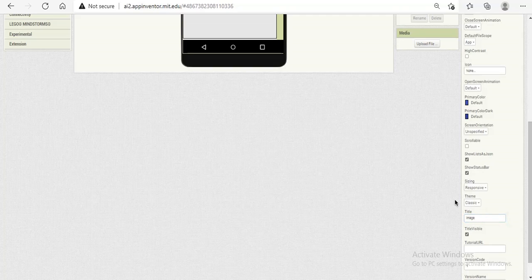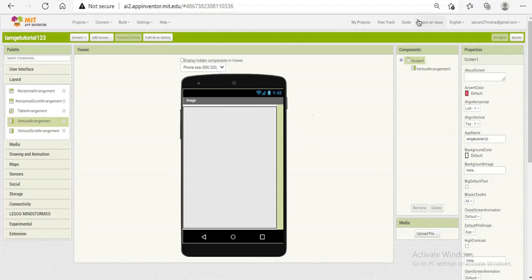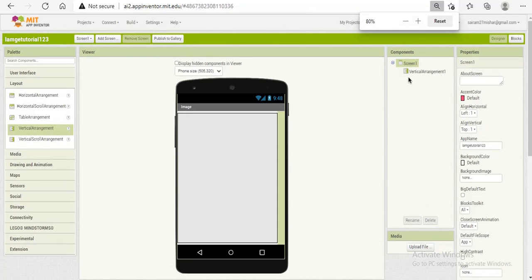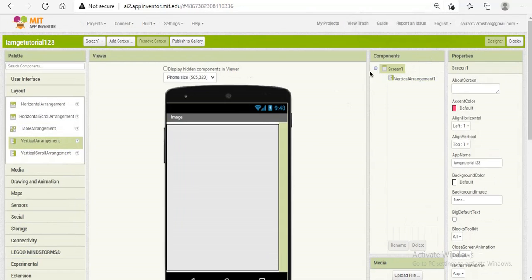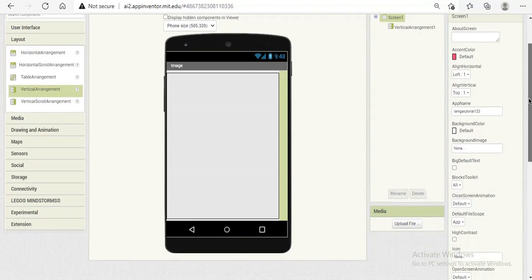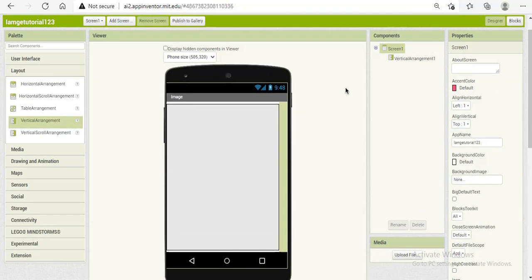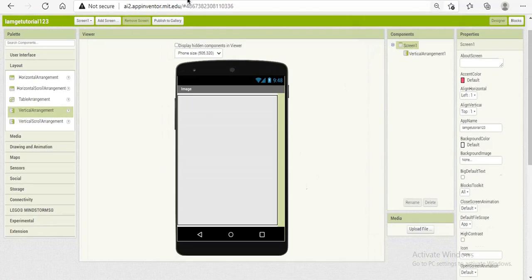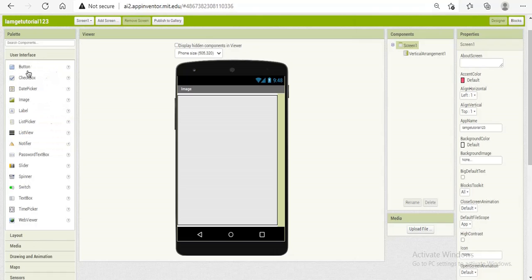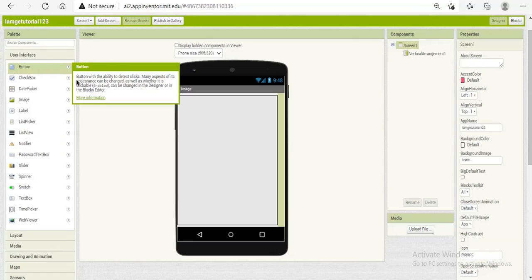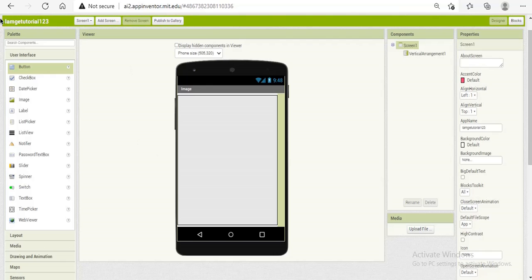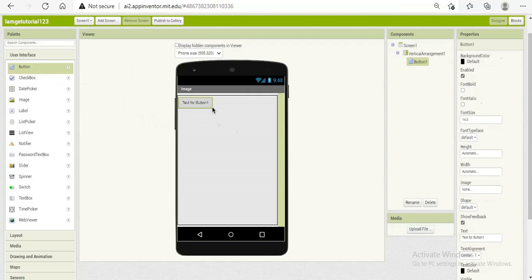Now let me zoom my screen to show you. Yes, 90 is okay. Let me just make it something like 80%, which is fine. Now click on the user interface and you can see the button option here. If you want to read this description, I will give the link in the description. If you have not watched the button tutorial, watch it on my YouTube channel. Make the font bold, and make the size at least 20 and click enter.